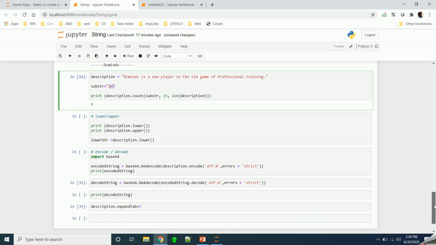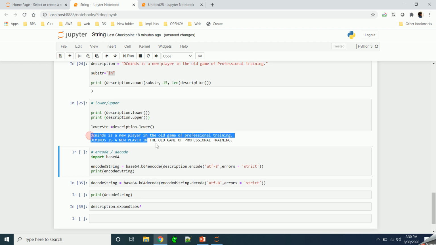Okay, next operation that we have is upper and lower. If you want to convert all the characters in a string to lowercase or uppercase, you can use these functions, lower and upper. Let's run this and see what we are getting.